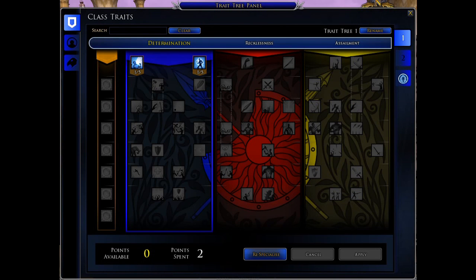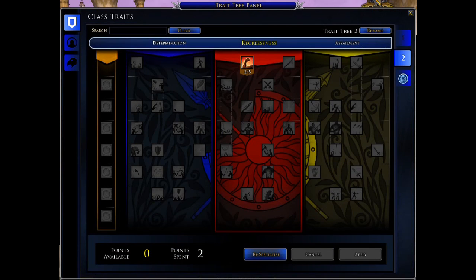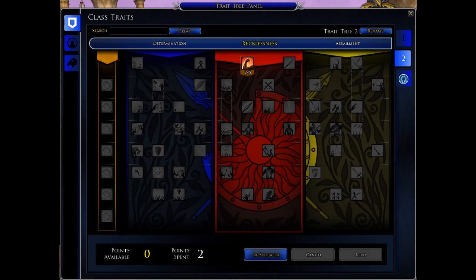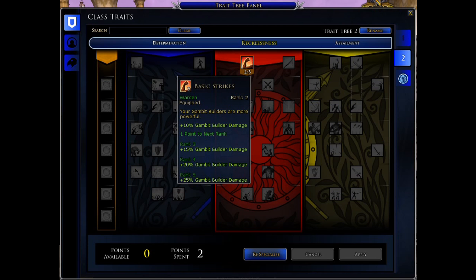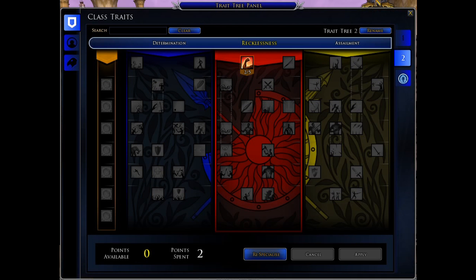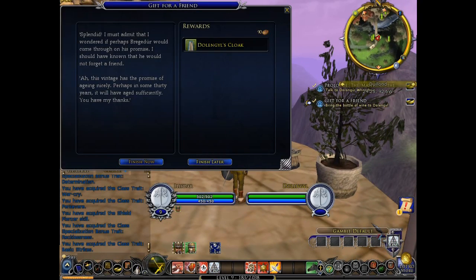Okay, while I was traveling over here, I decided to check my traits. I did realize that I got a second point, so apparently it's 2 levels. I think maybe it changes over time, the higher level you get, the further apart the points come. I decided to put it into basic strikes again for my second one, and for my first one I put it into the preserve line, or gambit line damage. So yes, we're going to talk to this lady really quickly, get her cloak,